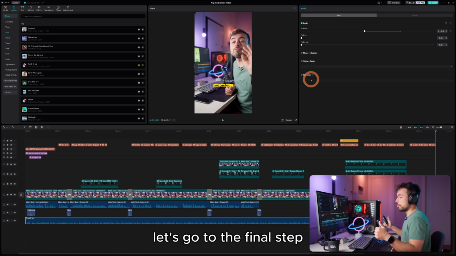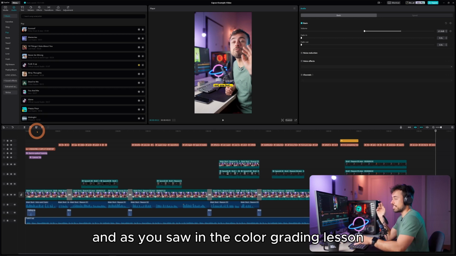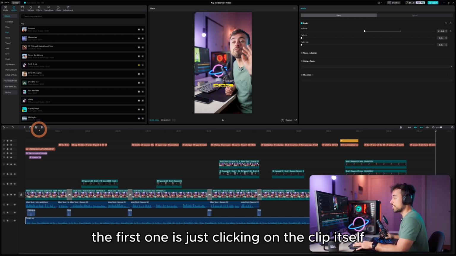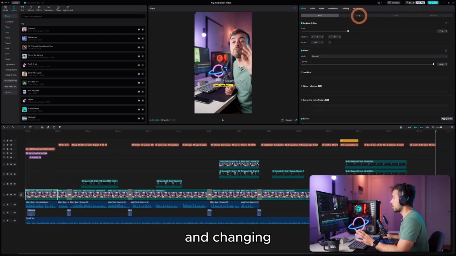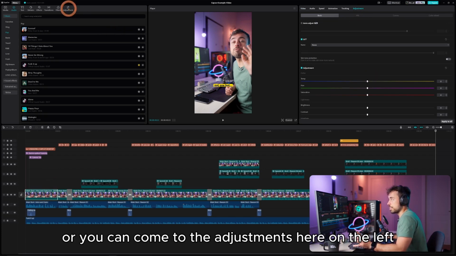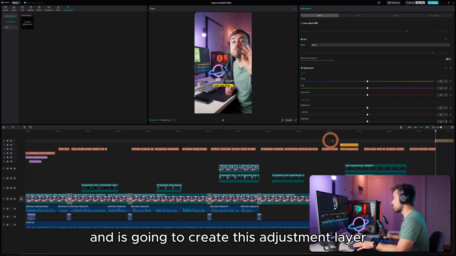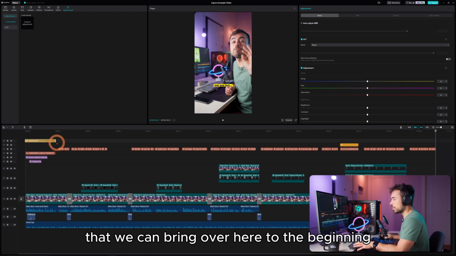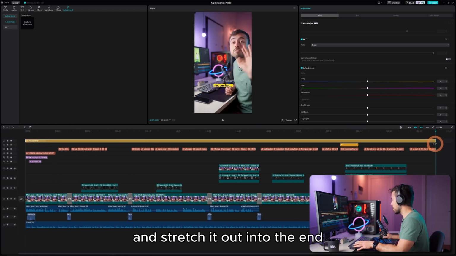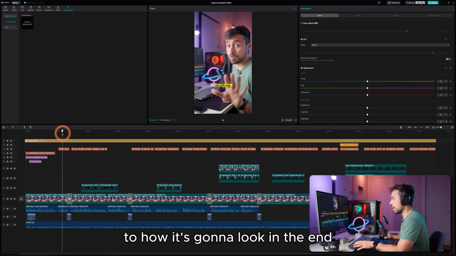Let's go to the final step, which is adding a little bit of color to the video. And as you saw in the color grading lesson, there are two ways of doing it. The first one is just clicking on the clip itself and changing the colors in the adjustment panel over here. Or you can come to the adjustments here on the left and just add a custom adjustment. And this is going to create this adjustment layer that we can bring over here to the beginning and stretch it out until the end